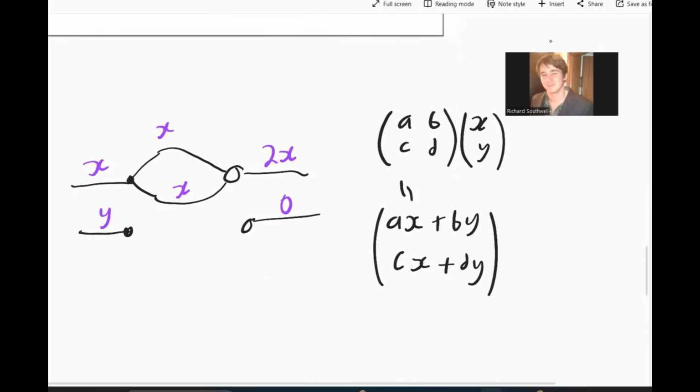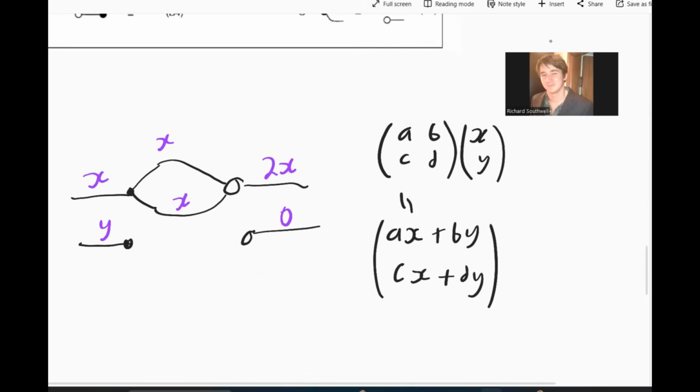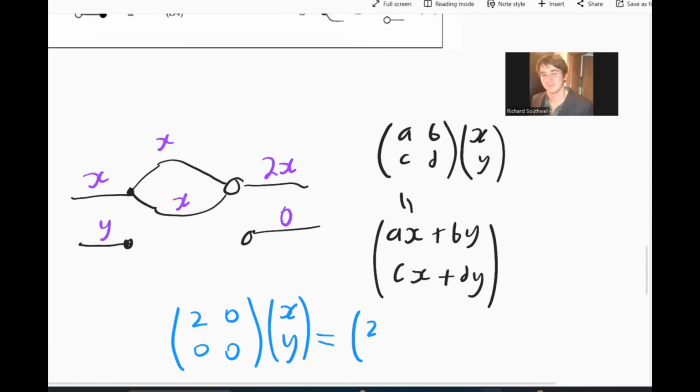And if we have a look at this situation now on the left, and we consider the matrix 2, 0, 0, 0, well, if we apply that to the inputs X, Y, then the output here is going to be 2x, 0, according to this rule here. And you can see in this picture that the inputs are X and Y, and the outputs are 2x and